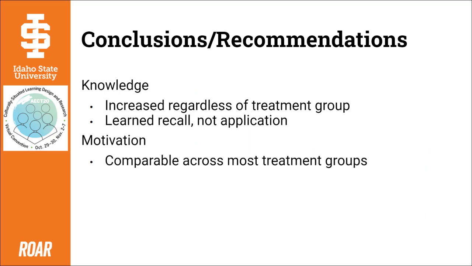Looking at the results of this study as more of a pilot test due to the low number of participants, it appears the learners in all treatment groups increased their knowledge of manual sperm cell counts regardless of the scenario level or feedback type, from pre-test to immediate post-test, and again from the immediate post-test to the delayed post-test. It is possible this increase was due to the immediate post-test acting as a subsequent learning opportunity. Further, the participants appear to have learned recall, but not application, which actually decreased from the immediate to the delayed post-test. This could indicate that without sufficient skill practice, the skill was not necessarily learned.